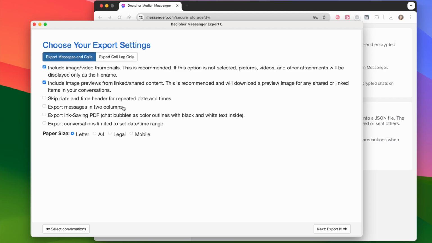A very popular option is to click Export Conversations limited to a date and time range. So if you need to adjust just the messages in a certain time window, you can click this option to narrow down the window of time that you want to export the messages from. Once you've set everything in this window, and again, the default options are appropriate for most people, you click Next